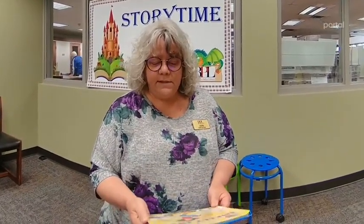All right, one more story by Robert Munsch. Robert Munsch is famous for one very sweet story called Love You Forever. And then most of his other stories are really, really silly. And this is one of the silly ones. The book is illustrated by Michael Marchenko. This is called